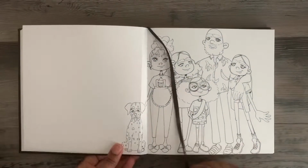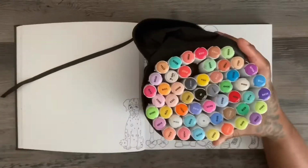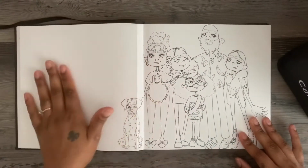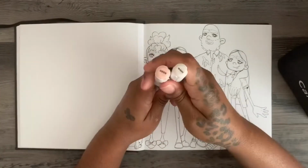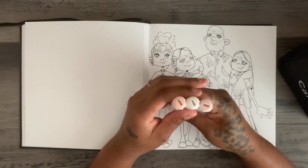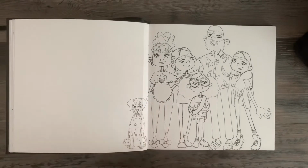All right, y'all, it is time to introduce the entire gang and the Oddly Parents. So I decided that while I introduce you guys to the Oddly Parents, I would also share tips on how to blend with alcohol markers. Throughout the rest of the video, you will see me pairing up different markers that I use over and over with our Oddly characters,